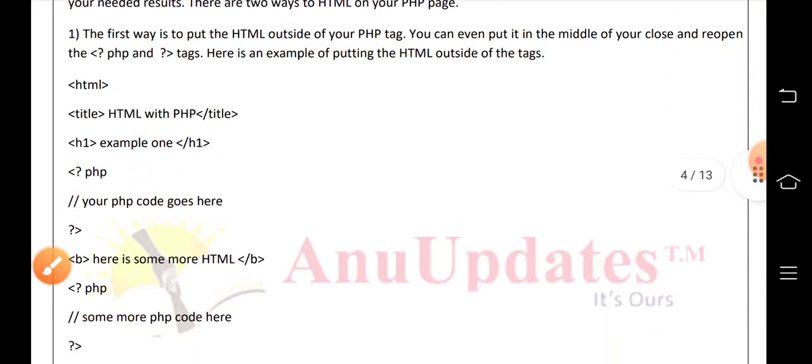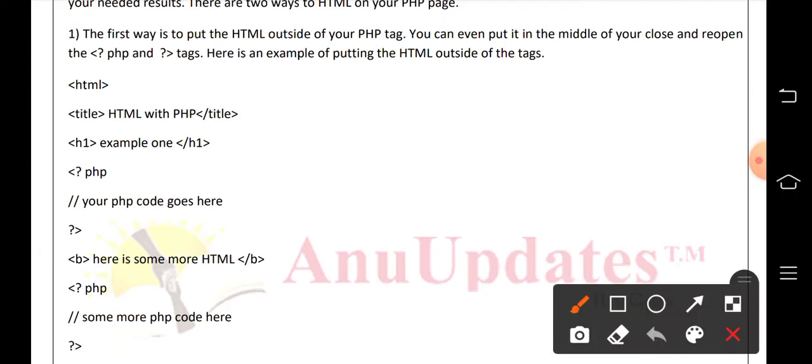The first way is to put the HTML outside of your PHP tag. That means from the starting onwards, what we are writing is HTML, then title and HTML code. In that we are writing PHP code. You can see here two times we have written PHP code.